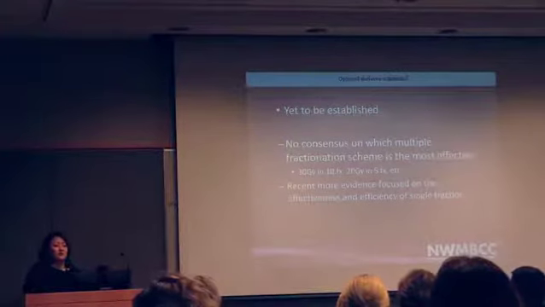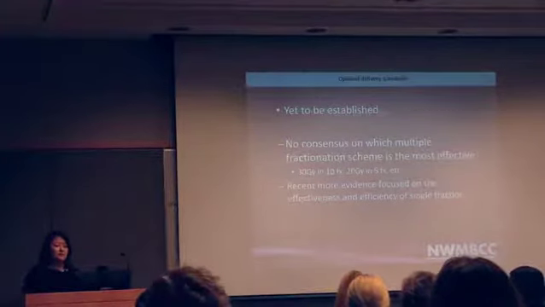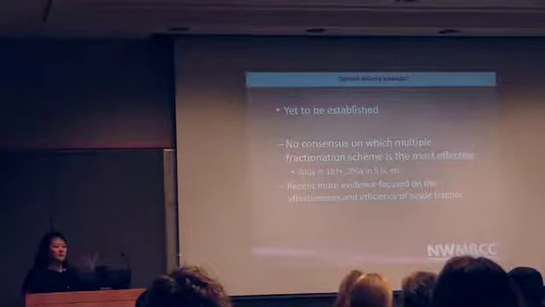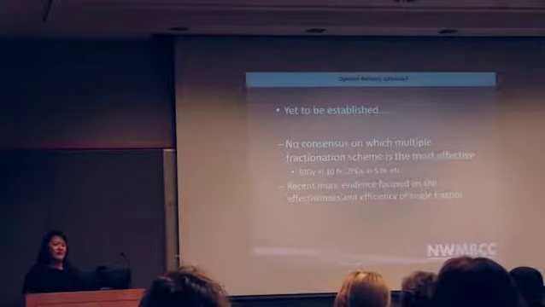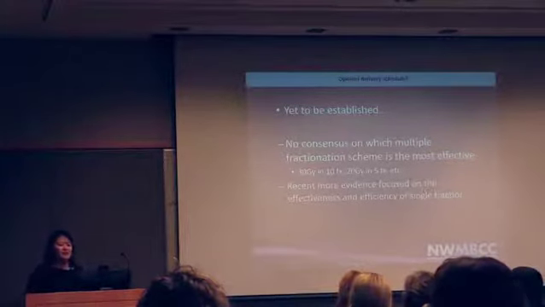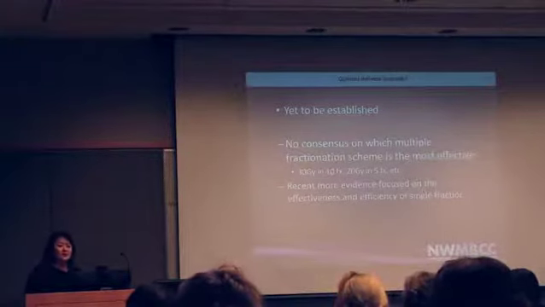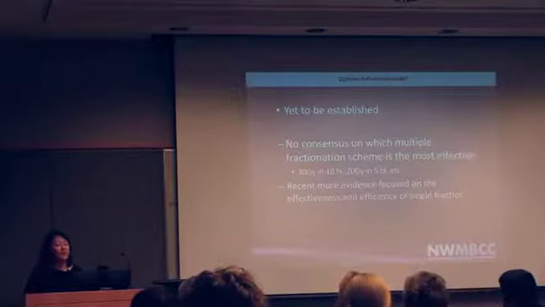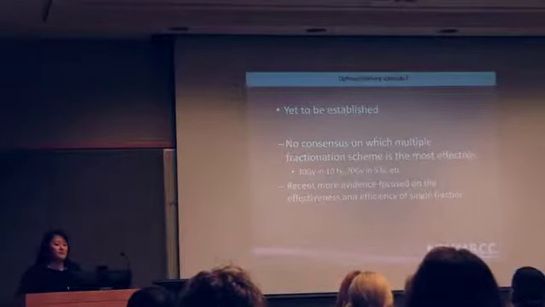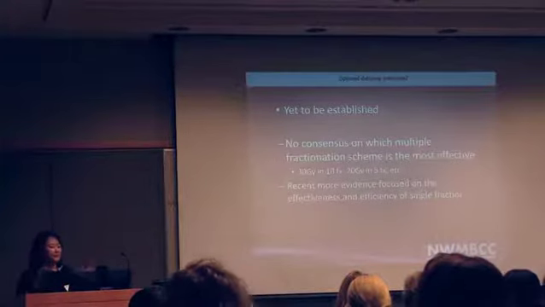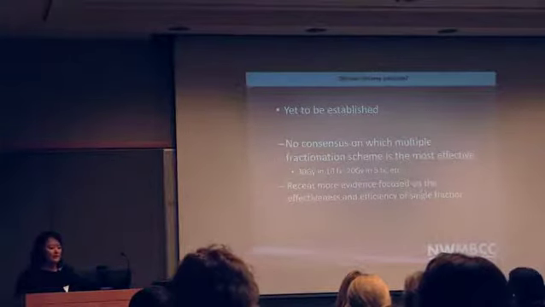And what we found was that actually gives a really good response. So one of the things that I think is really confusing is what is the optimal delivery schedule? Is it one treatment? Is it 2 weeks? I often will have patients say, wait, but my neighbor got 3 weeks of radiation, or my Aunt Minnie got 5 weeks of radiation for her bone metastases. How come you're only giving me two weeks, or 10 treatments, or why are you only giving me one treatment? Well, unfortunately, there's really no optimal timing. There's no optimal schedule. There's no golden rule necessarily.